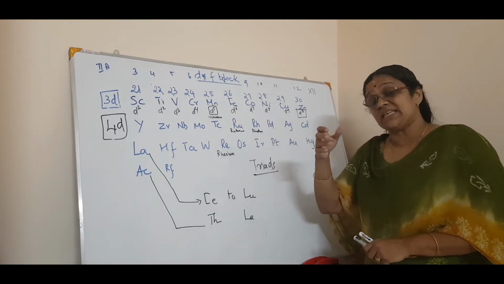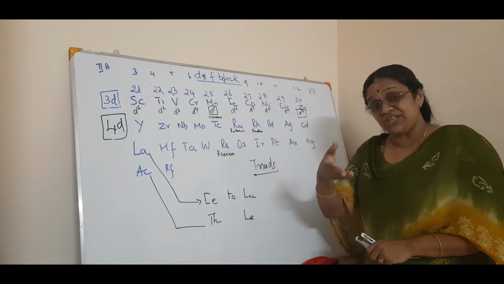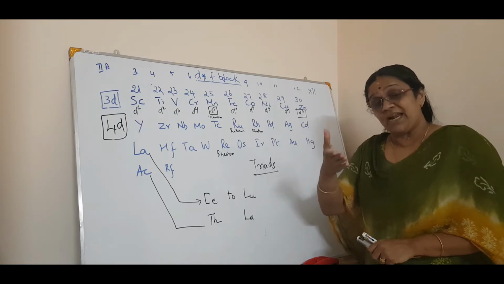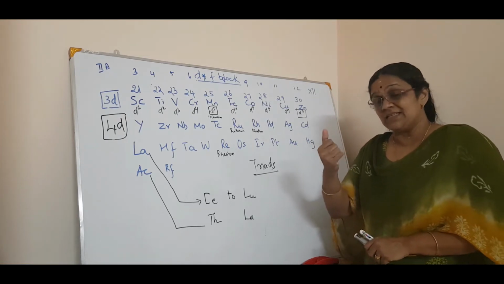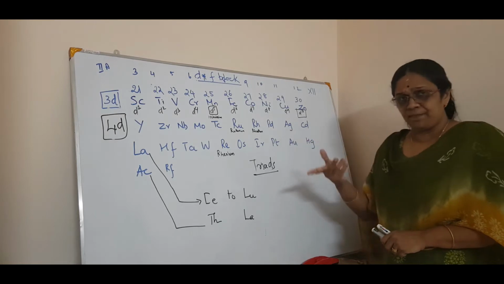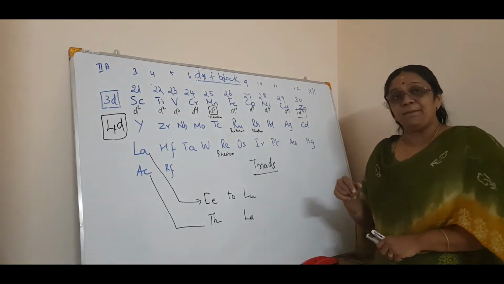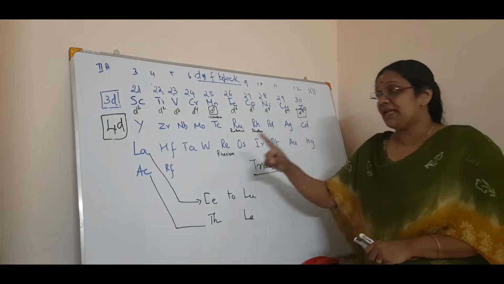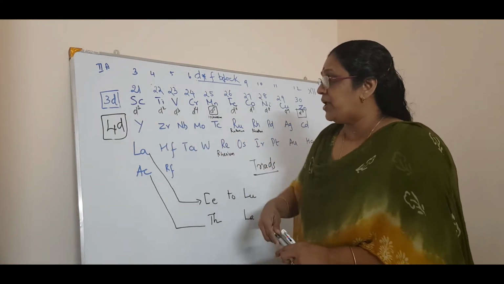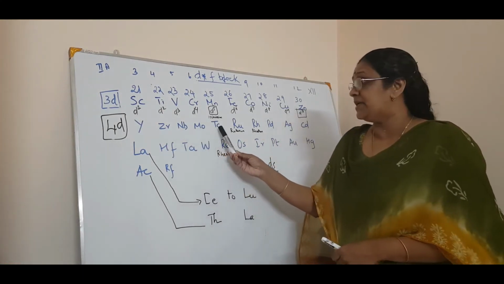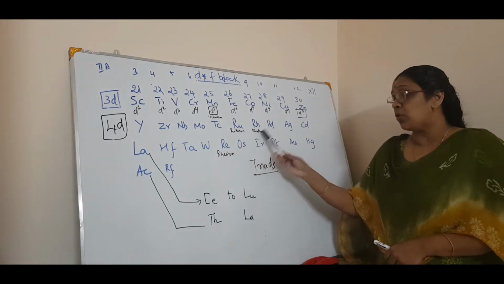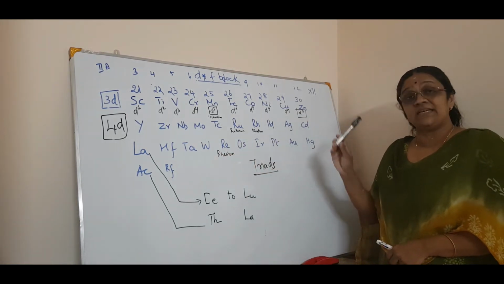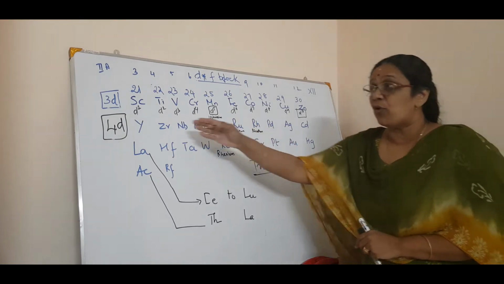While we are studying the standard electrode potential, the SHE, standard hydrogen electrode, palladized palladium is a catalyst, isn't it? So palladium, silver, it's the best conductor. Then cadmium. Cadmium also you have studied again, isn't it? Okay. So once again I will tell you: yttrium, zirconium, niobium, molybdenum, technetium, ruthenium, rhodium, palladium, silver and cadmium. So this is the 4D series.